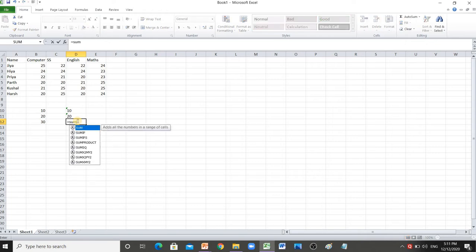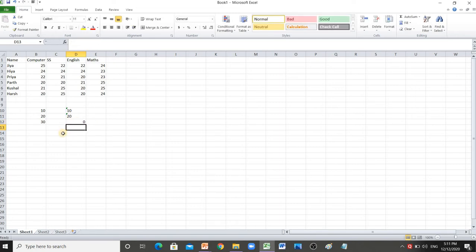equal to sum, if I add these two numbers, and I press Enter key, see the answer that I got is 0, because now the formula is taking these numbers as text. And so if you want to type numbers as text, you are supposed to use